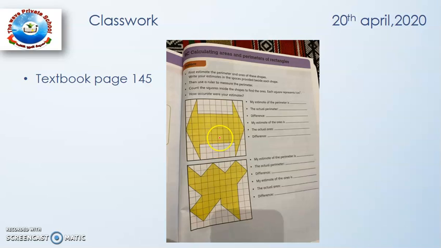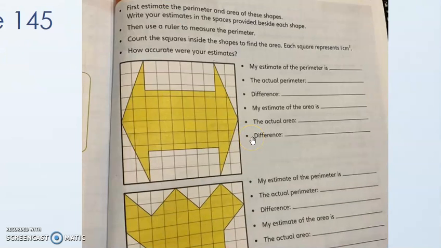In this diagram there are 10 lines and you need to measure each line using a ruler, and after measuring you have to write the number beside the line, like if this line is 4 centimeter you write it here, and after measuring all the lines you need to add them. But before doing this procedure, first of all you need to estimate the perimeter, an estimate which is not the accurate reading.